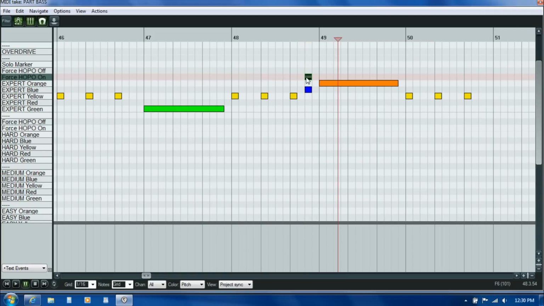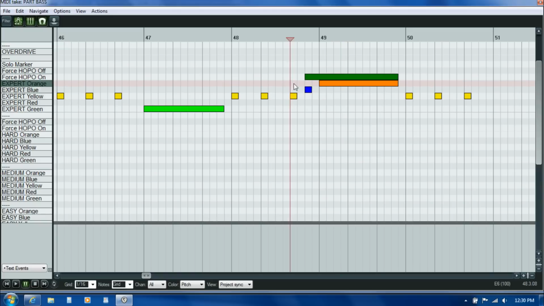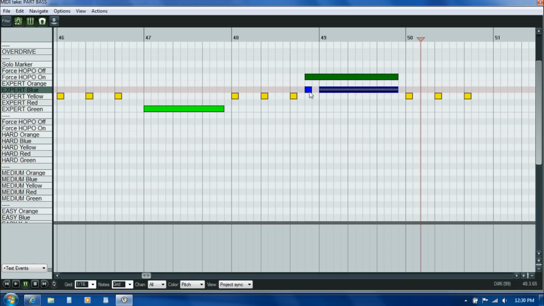But the other place where we use these is simulating slides. And if I was going to do this, I might actually have you strum that yellow gem and then just hammer on the blue and orange notes after it to kind of simulate a sliding action. In this case, though, because I was actually going up to the blue,